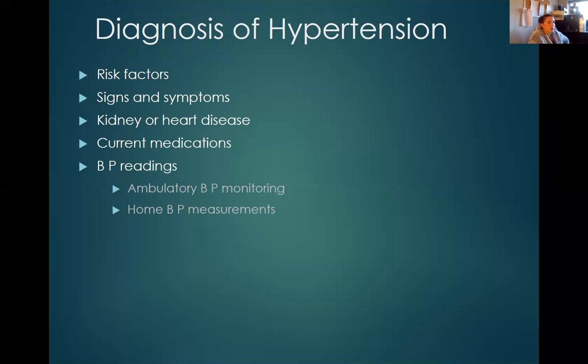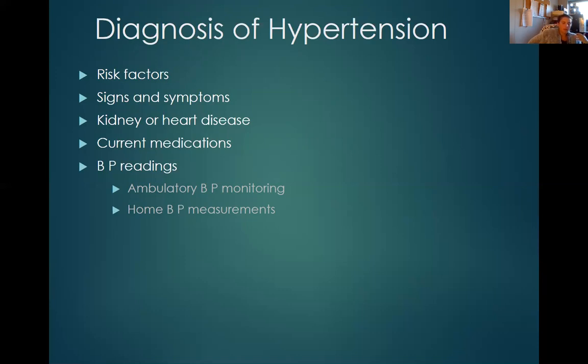So to diagnose hypertension, we're going to take a blood pressure. We can't diagnose this just on one reading, and we're not going to do it by taking one in the right arm and then 30 seconds later, after we've told them their blood pressure is high, take another reading in the left arm. That's not going to be sufficient. So we're going to take these blood pressures about 2 hours apart, or even on separate days. And ideally, we would have the patient do ambulatory or at-home monitoring over a 12 to 24-hour period and report